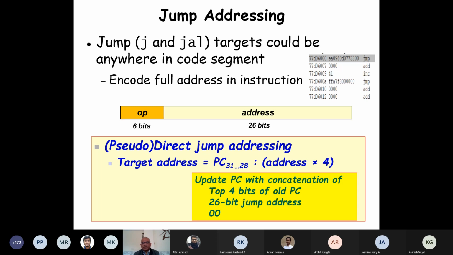Normally in assembly programming, we give labels. And as long as we say jump to a label, it is the assembler's responsibility to compute the exact address and put it there in the machine code. So that frees us from actually computing the address.